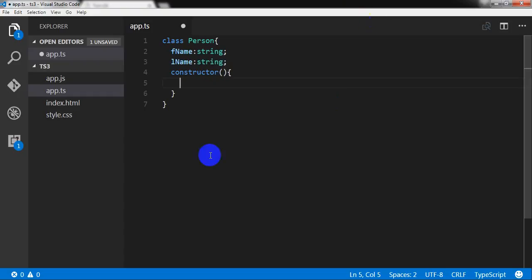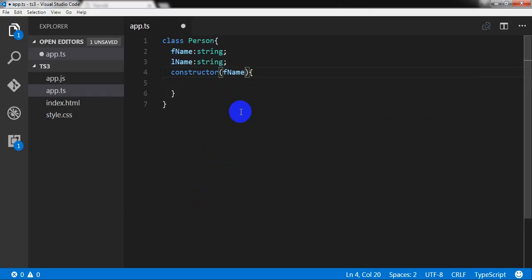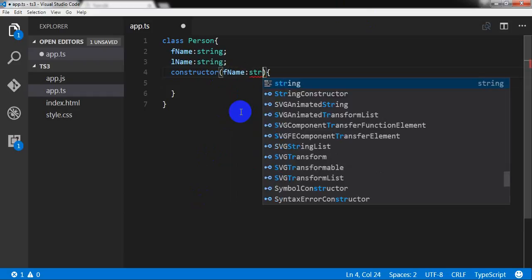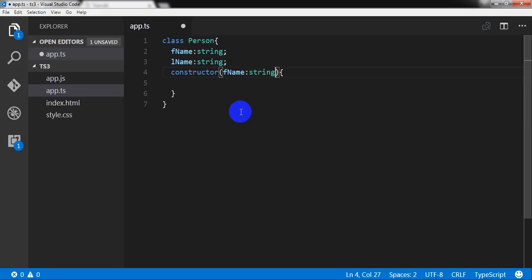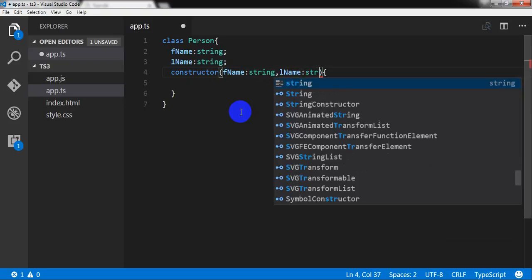And in this argument I can write fname and again string and lname as string,